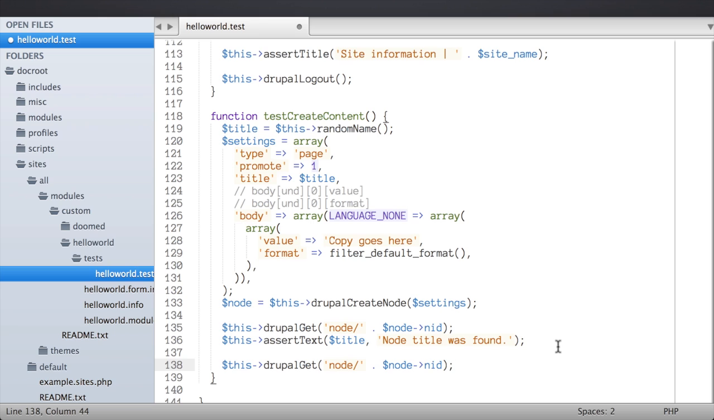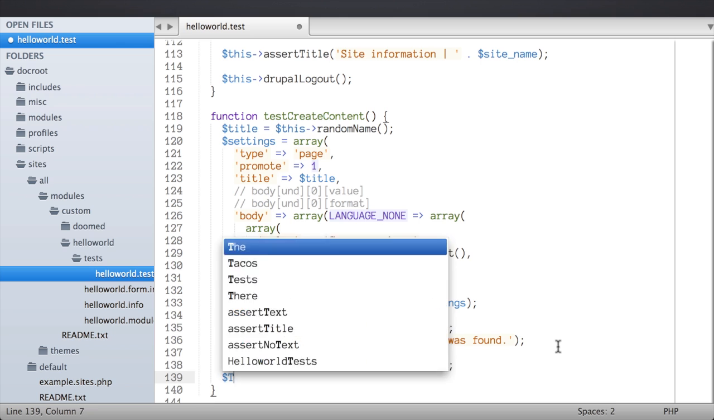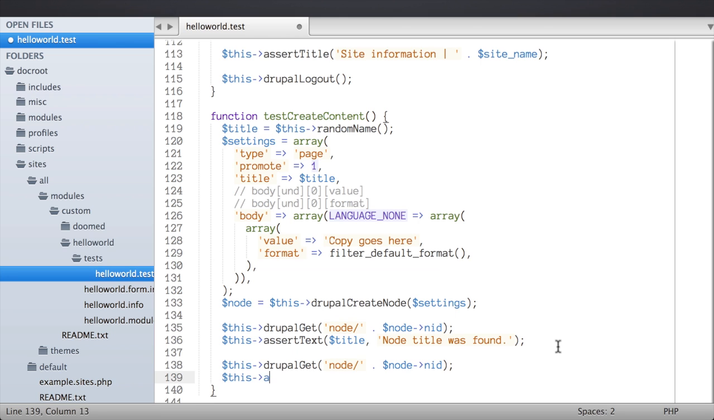So I'm going to view the page a second time. The reason I'm viewing it a second time is that one read statistic doesn't actually show up until the second time you viewed the page, because someone has to have previously viewed it in order for there to be one read. And I'll do this assert text, one read,